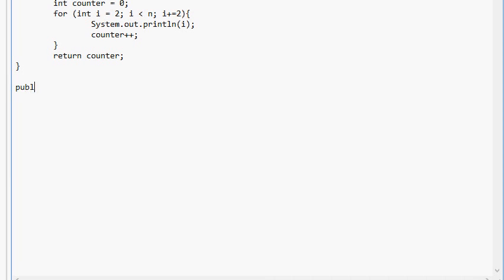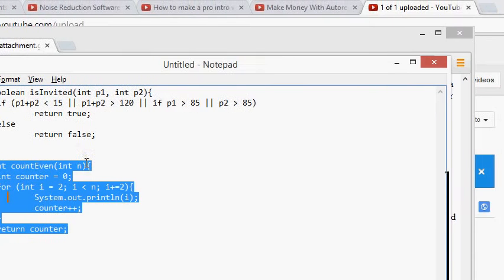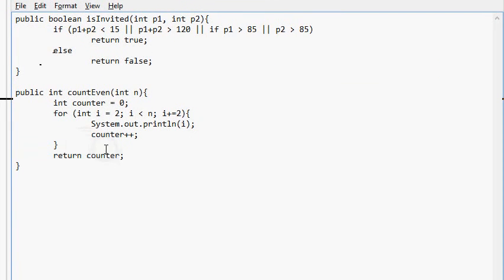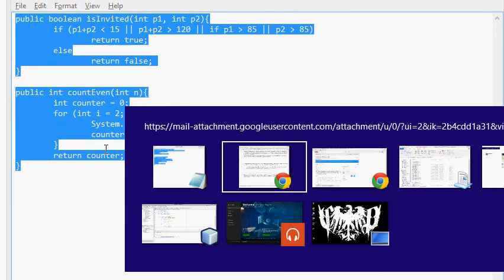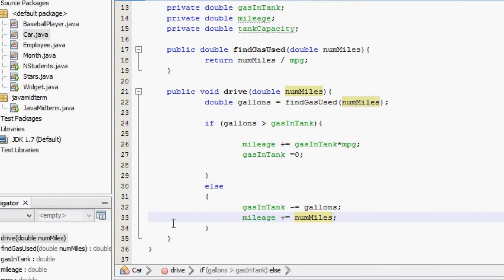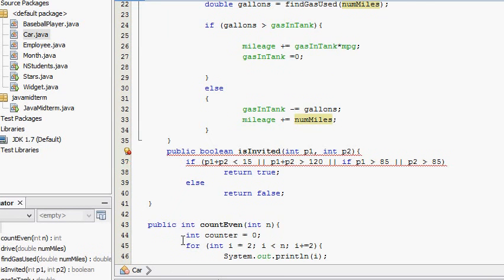So we're going to do public. Actually, you know what? I'm going to do it like that. No, I'm not. I'm just going to pretend that, well, first, let me copy these methods into whatever class I have in NetBeans and make sure that they run. So in our car class, we have this method, and we're just going to paste